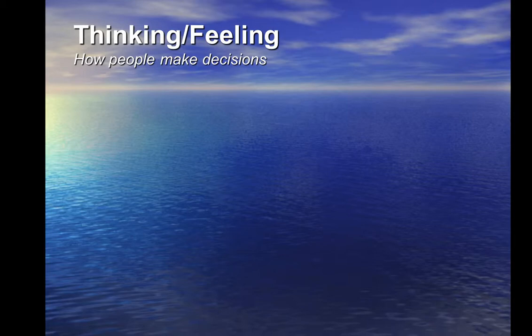Thinking and feeling, how people make decisions. This is a very sad example, but I often ask the class, I tell them that they're driving at dusk and that they're rounding a bend and they accidentally hit a deer in the road, and the deer hits the car and then falls on the ground, and what comes next? And the thinkers will typically come up with very thinking, brain-based decisions, like I call 911 in terms of, I've just been in an accident, or I think about my car and the insurance. I always get somebody jokingly who says dinner.